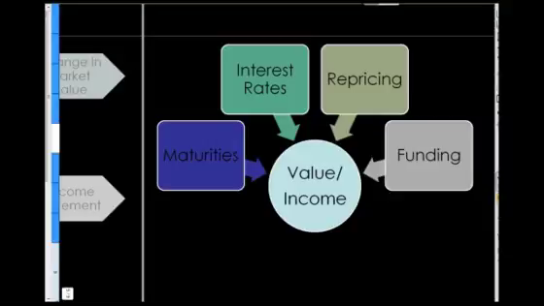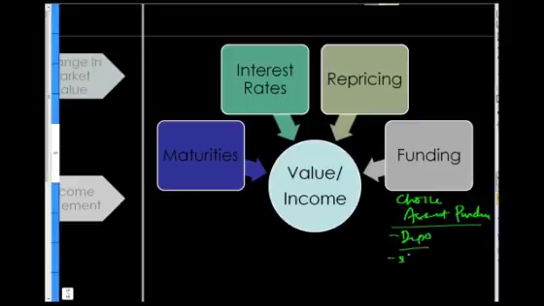So if I were to summarize this, you're effectively saying that one part of the ALM framework is the choices that we make in funding asset purchases. So am I going to fund it by deposits? Am I going to fund it by short-term borrowing? Am I going to fund it by interbank borrowing? Am I going to fund it by shareholders' equity? That's one part, right? The second part of the framework that we're dealing with within ALM deals with maturity.